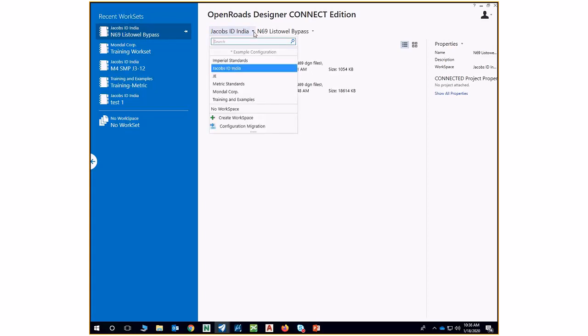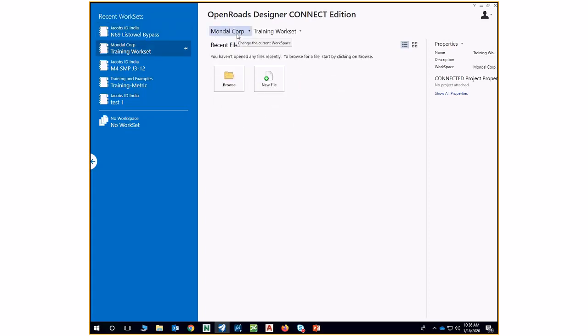For this training purpose, I have created one dummy workspace and worksite called the Mundle Corp, and inside that workspace there will be one worksite. I've created this worksite for this training purpose, this training worksite. And after this, to create a new file, you have to click here, the new file,